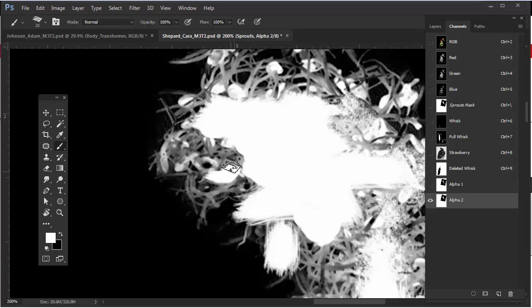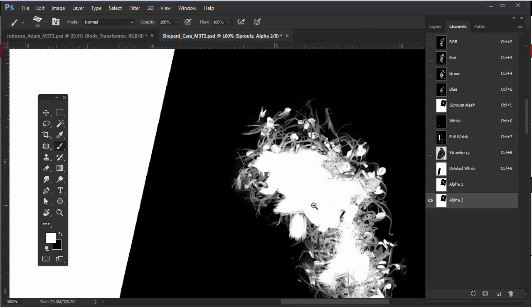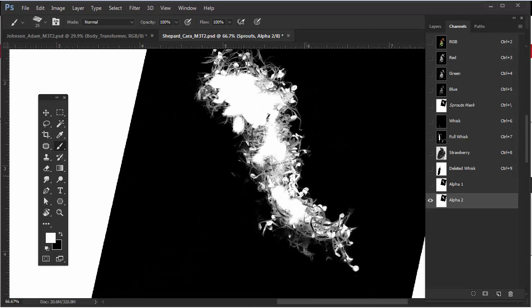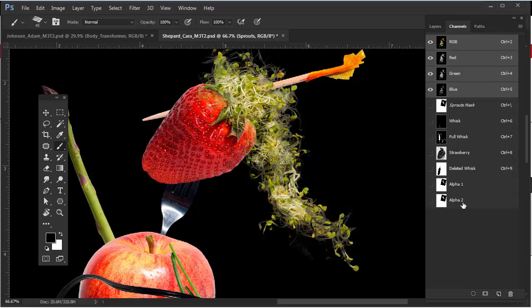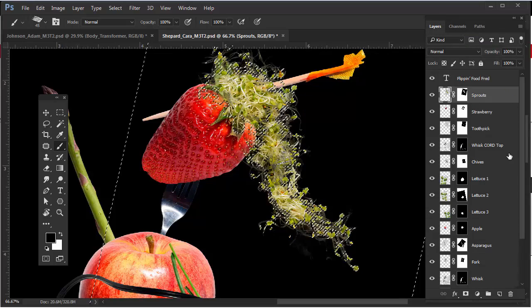Reduce your brush size, this and that, okay. So go in there and then edit this in black and white. It might make it easier, okay. So now that I have that, okay, I'm not going to finish this obviously, but let me just quickly do this. So I have this, okay. Now I'm going to go back to RGB mode, and I'm going to control click on this channel icon, okay. So that's a selection now. Now I'll go back to layers, all right, and